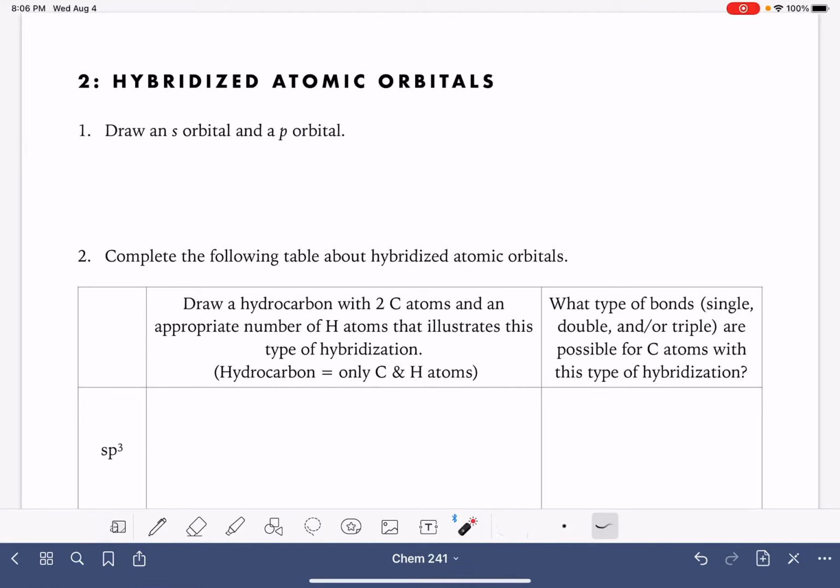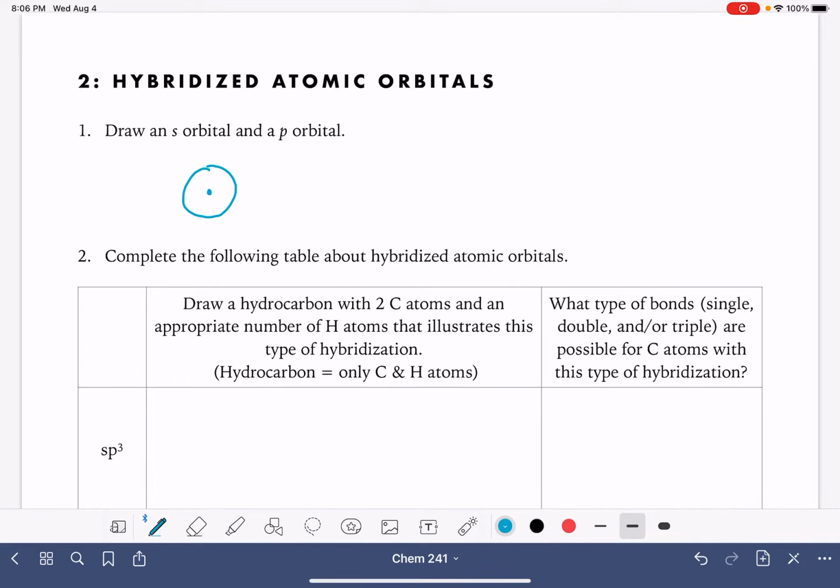On this worksheet, we're going to be reviewing general chemistry, hybrid atomic orbitals. Let's start out by drawing an S orbital. An S orbital, if you recall, is just a spherical orbital. I'm drawing it as a circle, but this is a three-dimensional sphere, and the dot in the middle is the